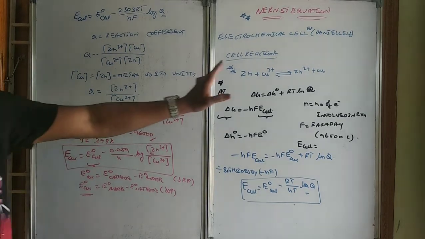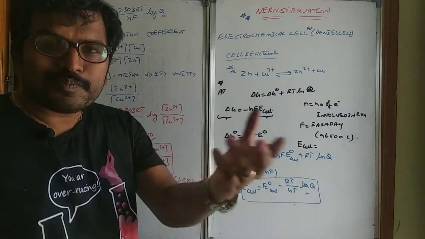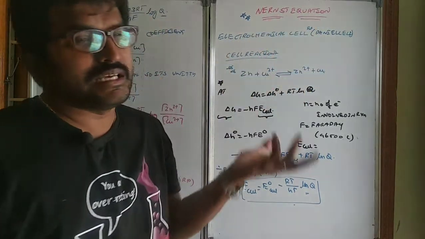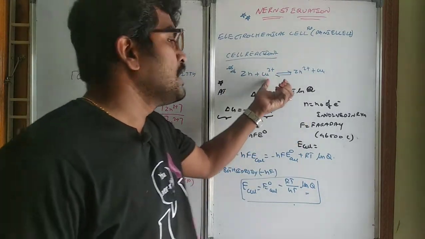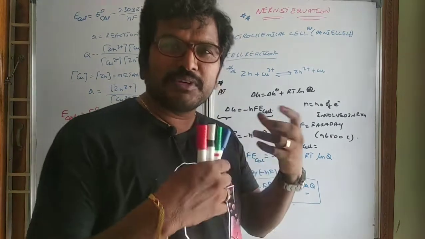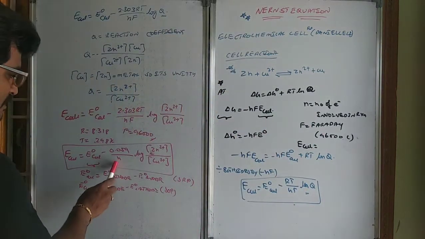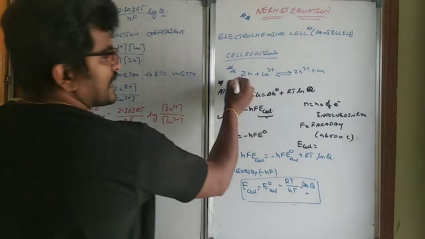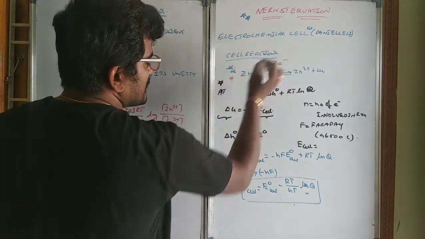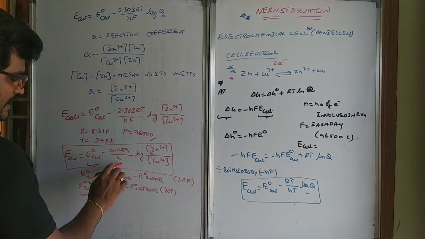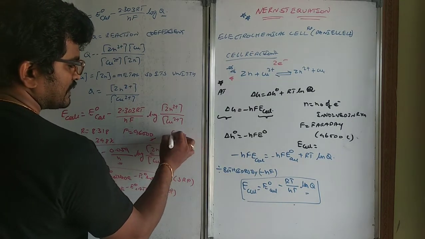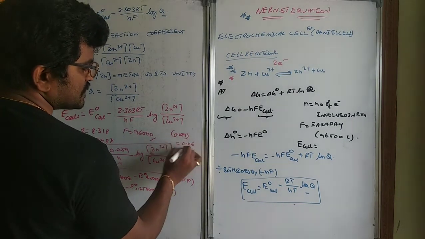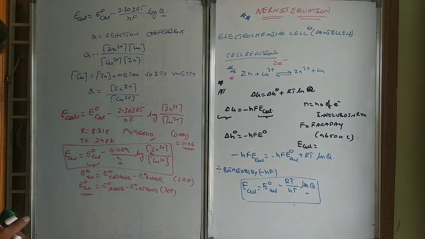Like this, whenever there is a cell, here I have taken the Daniell cell example. It can be a zinc and iron cell also, or a copper and silver cell also. Let them give you anything. Here the n value in this reaction, how many electrons are involved, means 2 electrons, so you can write 2 here. Sometimes 0.059 will be rounded off to 0.06 and they will do the problem.